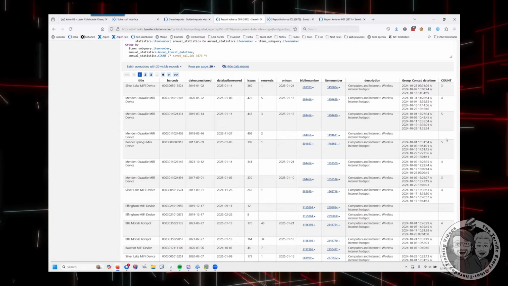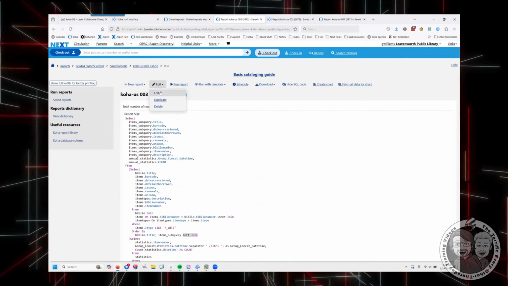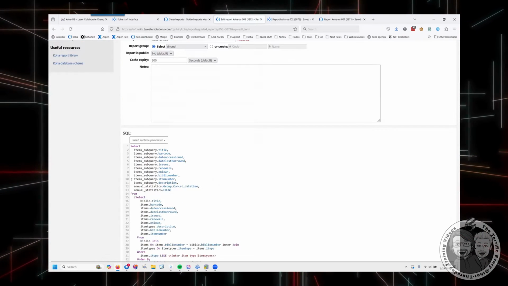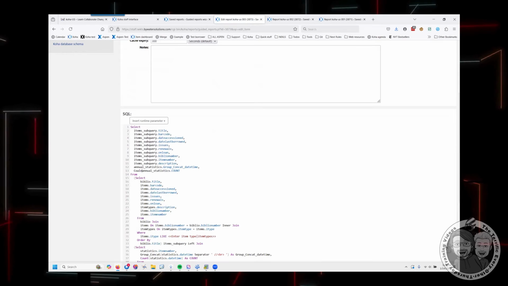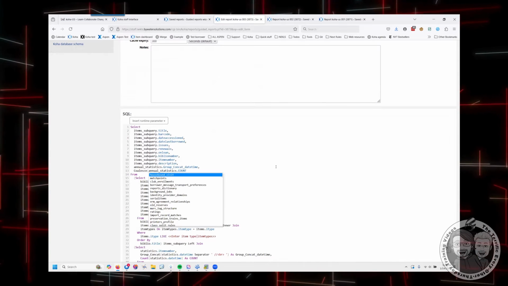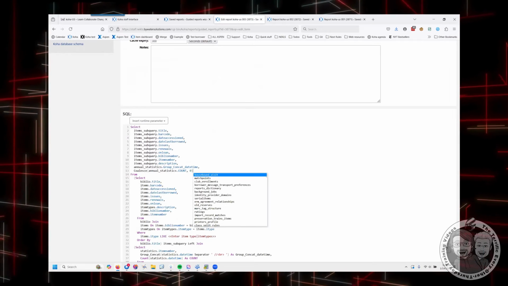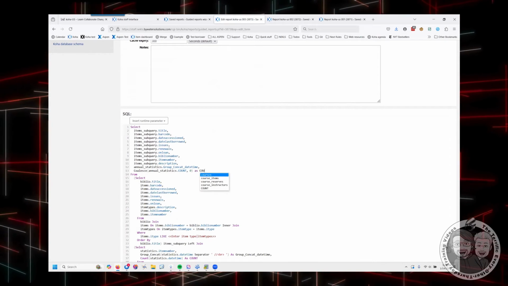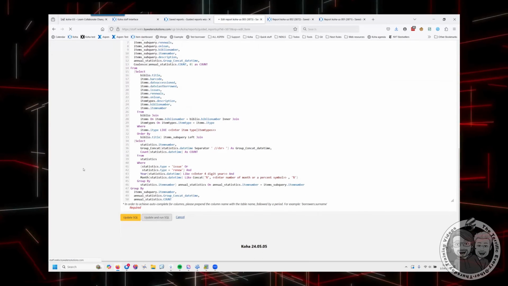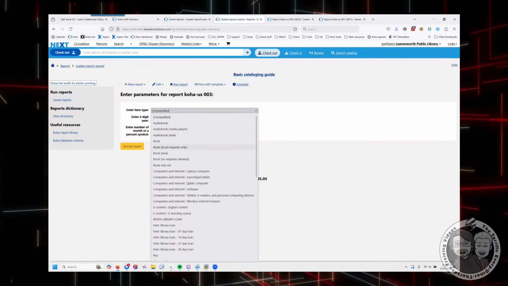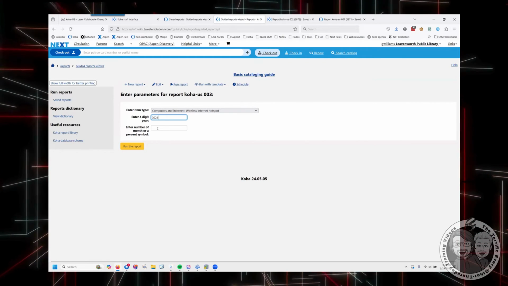But if we wanted a number there, if we didn't want that to be a blank space, we could go back and edit this and say, if the item count, we could do coalesce that count with 0. And then if we update and run 2024,